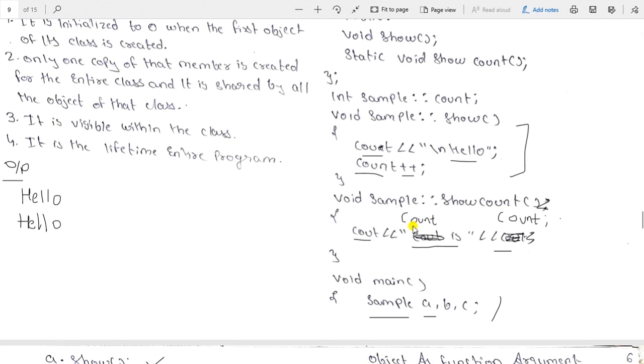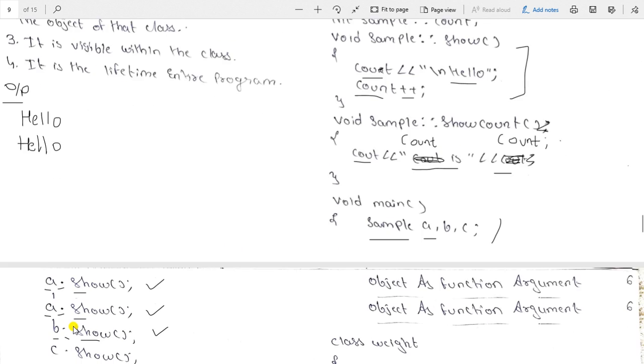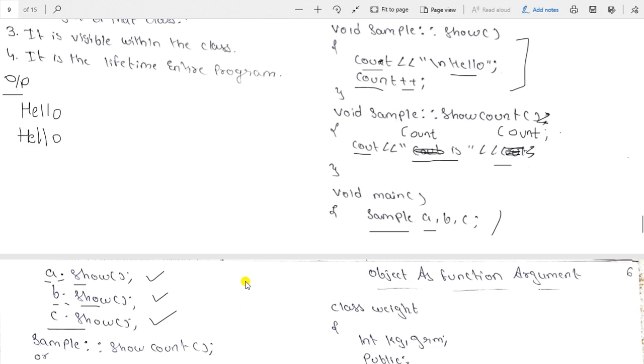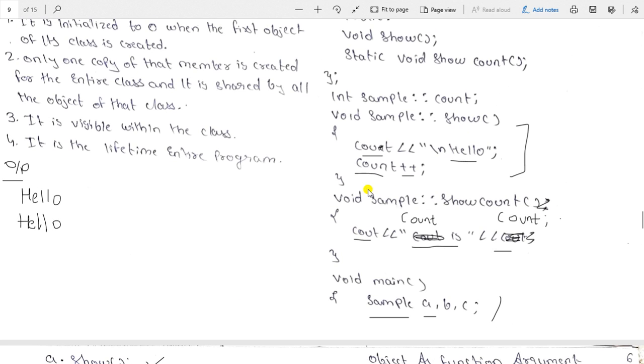So again it has been over. In the third step, through object c and the dot operator we are accessing the show function. Again we are accessing this function, so whatever we have written in this function will be performed.